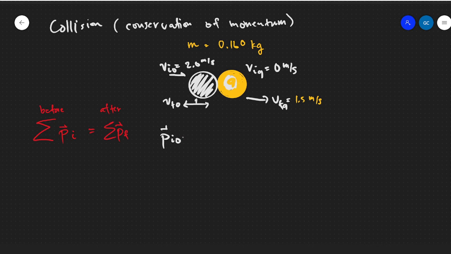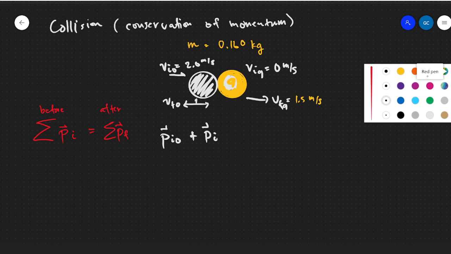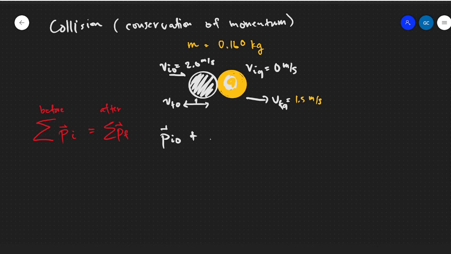Sinulat ko siya na 0 kasi cue ball plus yung initial momentum ng ating 9 ball. Let me just change the color of this writing para malaman natin, ano. So, the initial momentum of the 9 ball will be equal to the final momentum